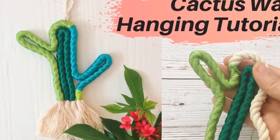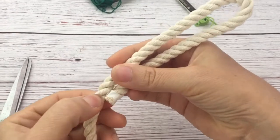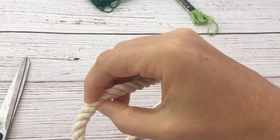Hi, this is Kalia from Crafting on the Fly, and today I'm going to show you how to make this cactus wall hanging. So first you need macrame